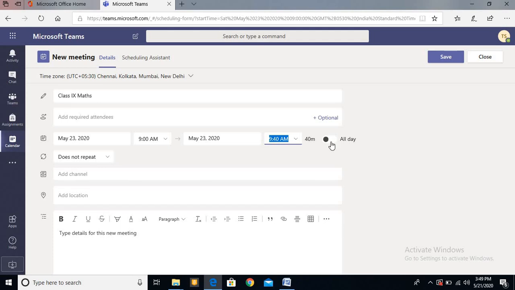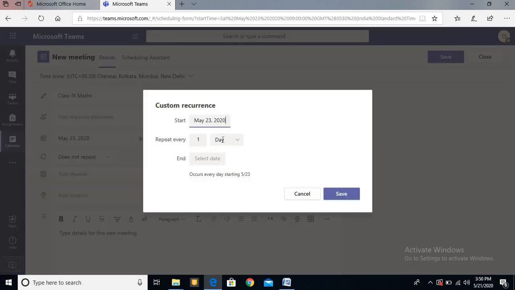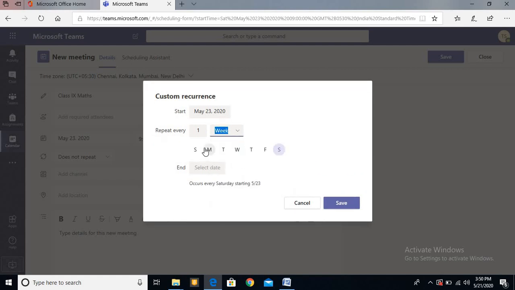You can choose this if it is for all day, otherwise disable this. Now it can be daily, weekly, monthly, yearly, or you can customize it also. If you want to take it for alternate days and all that, you can schedule in that way. Say day, then week or month, whatever you want to select. You can select a date and Tuesday in that way, otherwise you can select day.